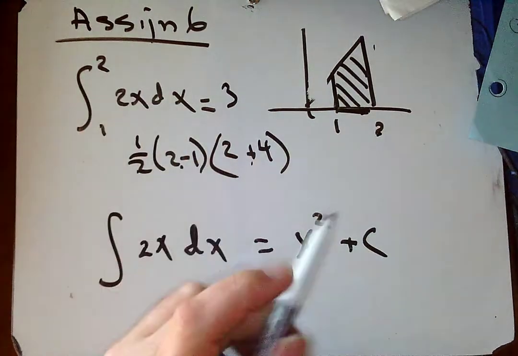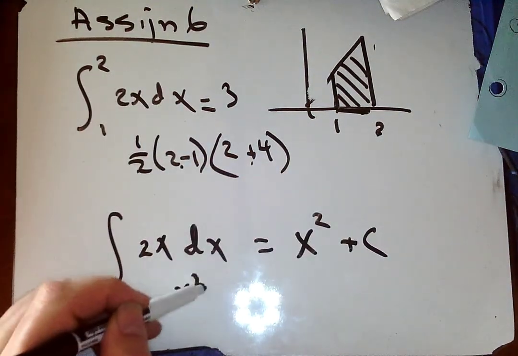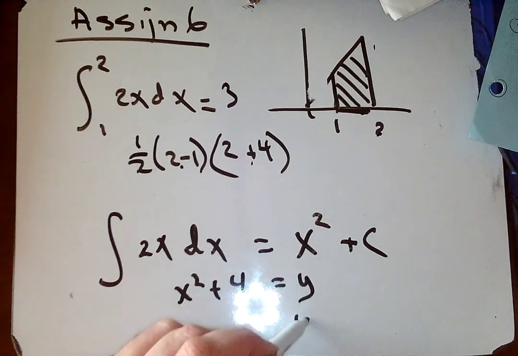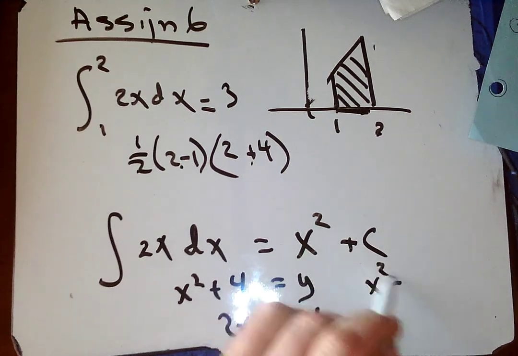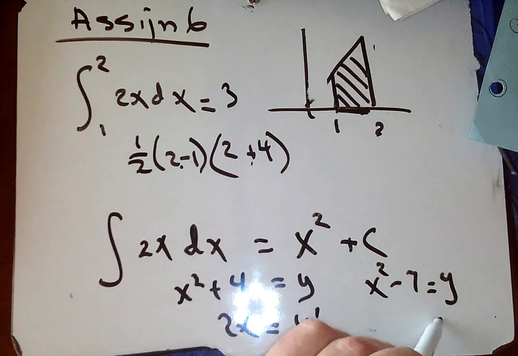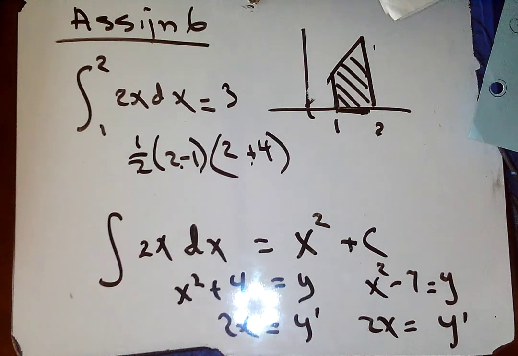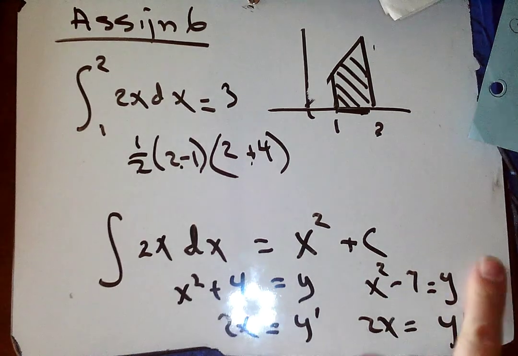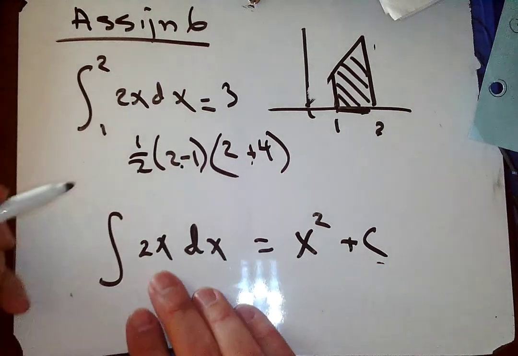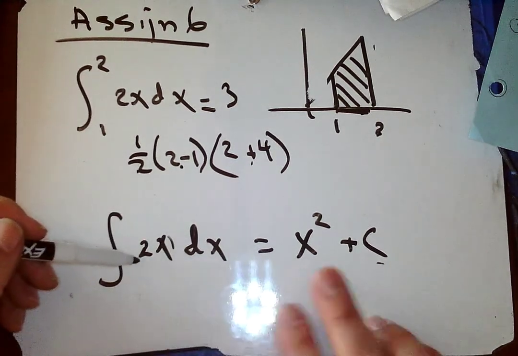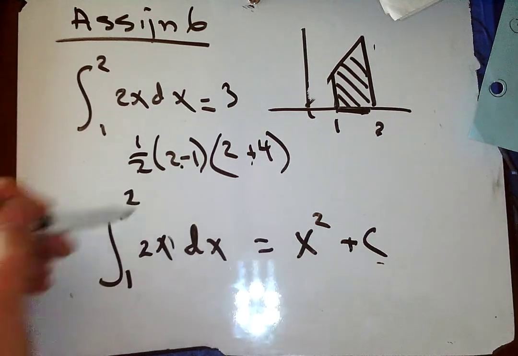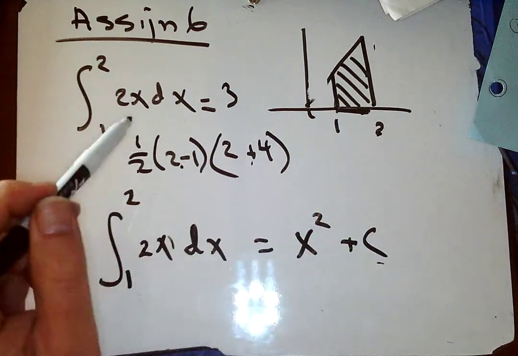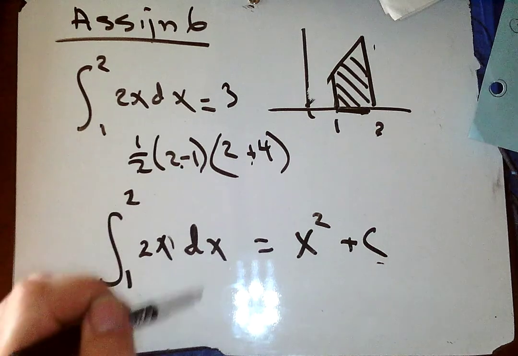Okay? And one way to think about that is, if I have x squared plus 4, then y prime is 2x. But if I have x squared minus 7, then guess what? y prime is still 2x. So functions that have the same derivative differ by a constant. So here, I know the antiderivative of this, going backwards, is going to be x squared, but I've got to have that plus c. And what I'd like to consider is, how do I go from this integral to this